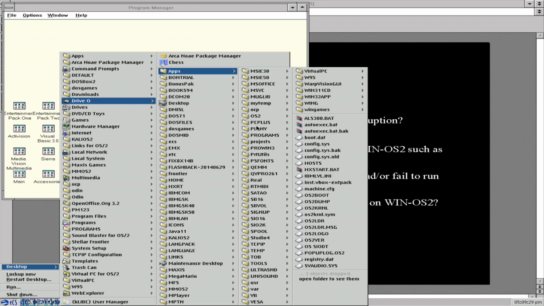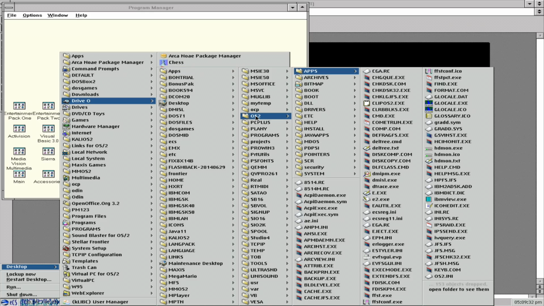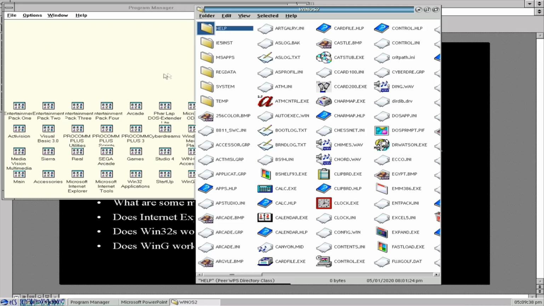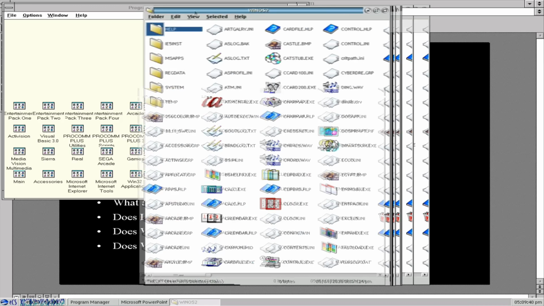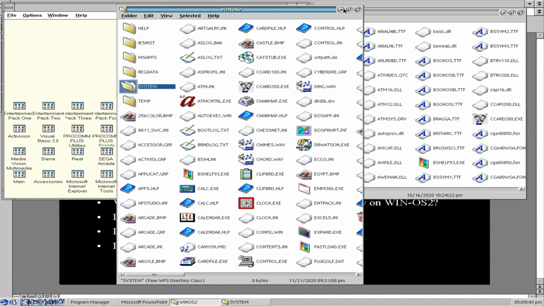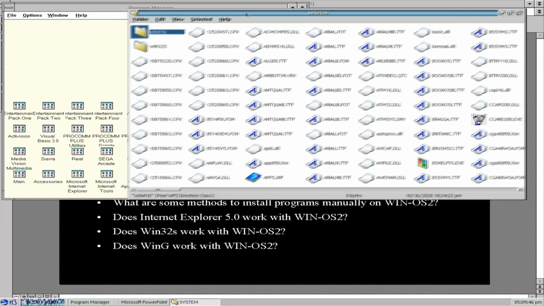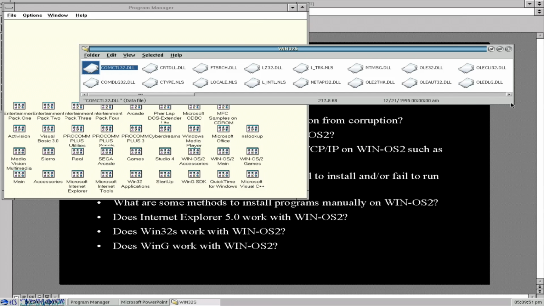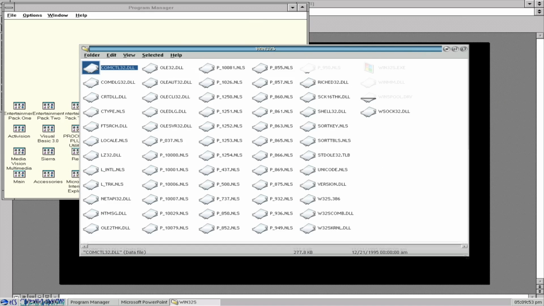Let me show you what I'm talking about. So all of the Win32s stuff is inside the system folder. There's a folder called Win32s. So I ended up having to mix two different versions of Win32s DLLs. I don't remember which one got out of sync,